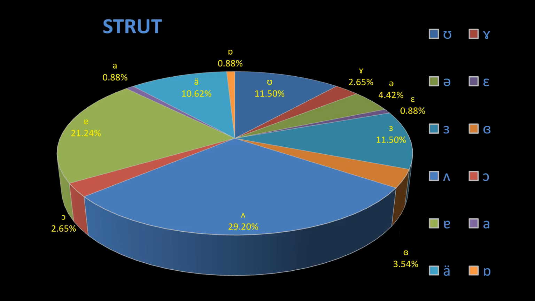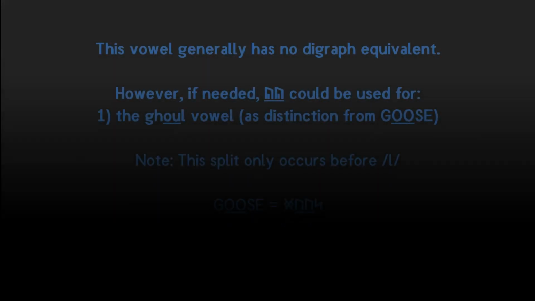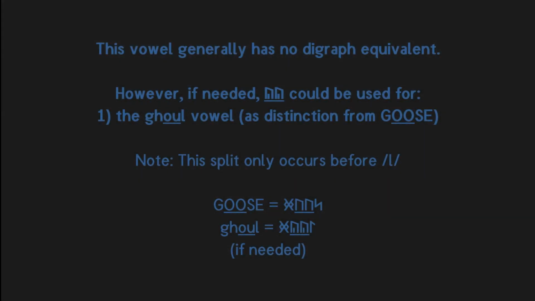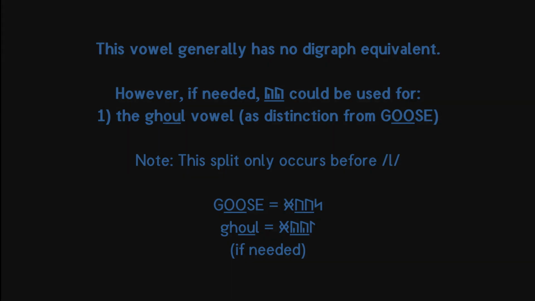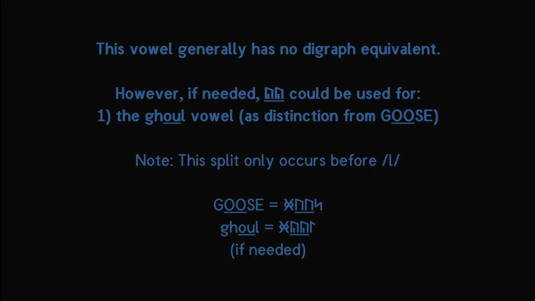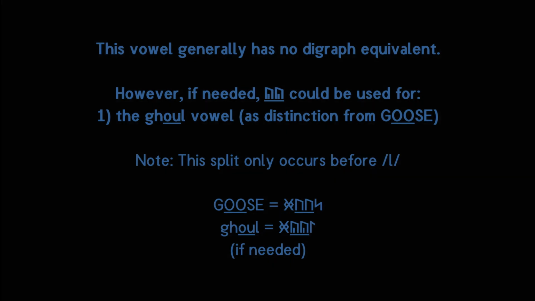However, if its single form represents a split from the foot vowel, then its double form might reasonably represent a split from the goose vowel. In that category, we have the ghoul split within the goose set. This situation is similar to the previously discussed soul split within the goat set. It only occurs before lagu. The exact direction it occurs in may vary by accent.